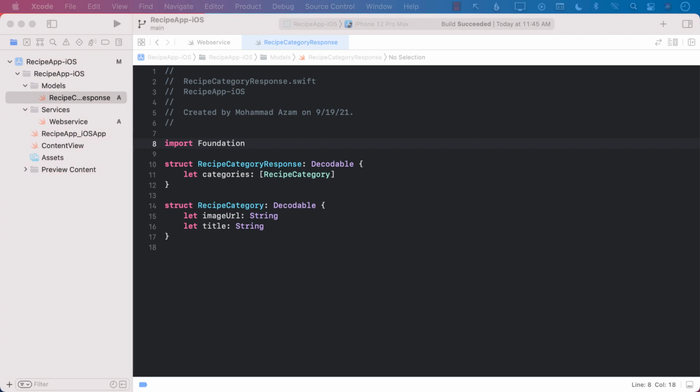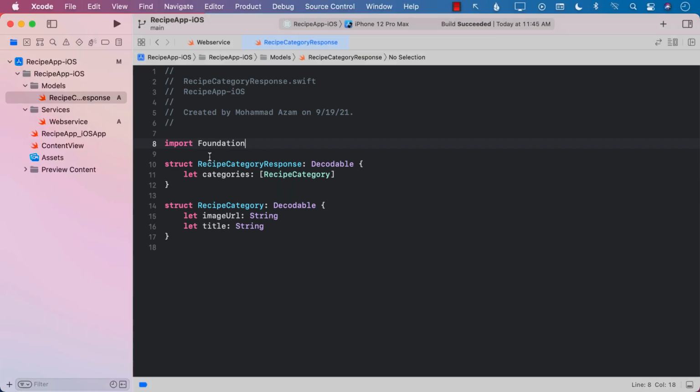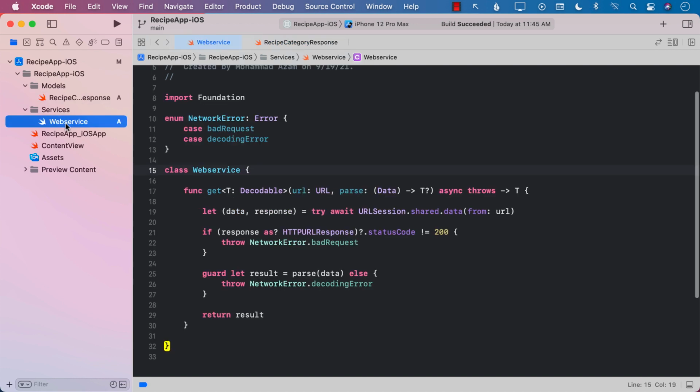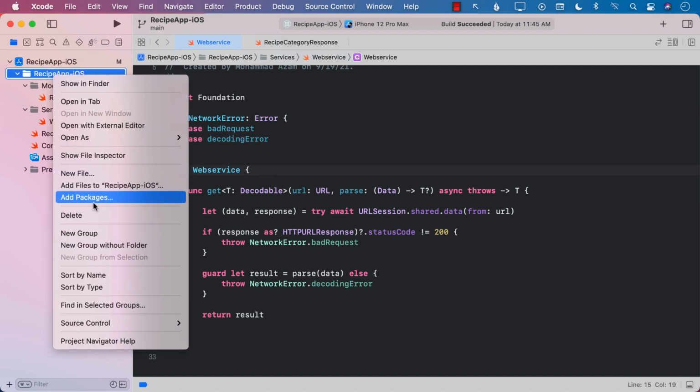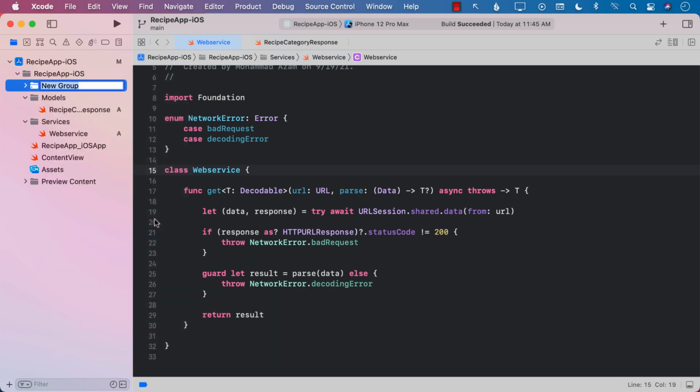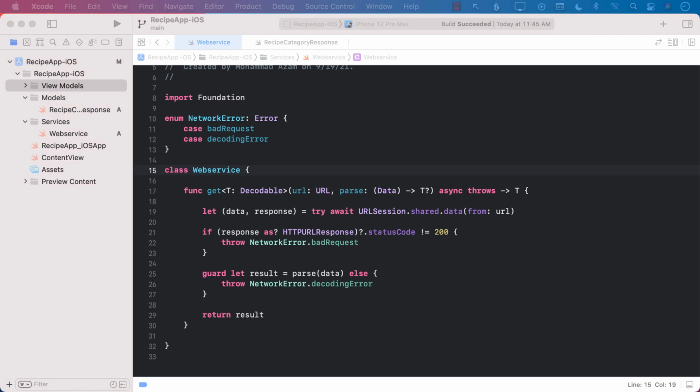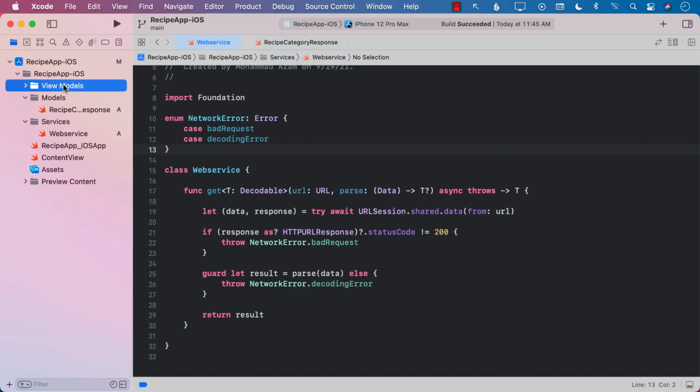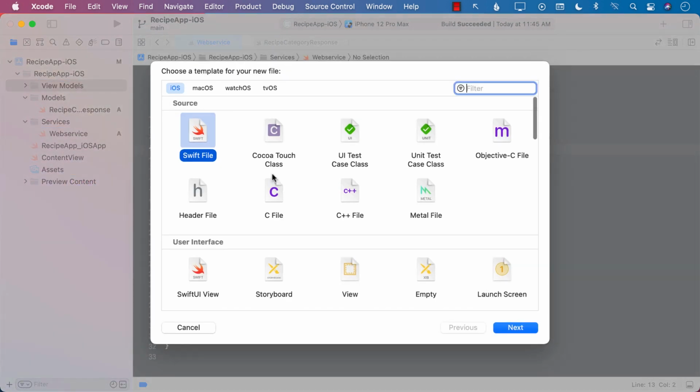Now the question is, we need to create a view model that can utilize the web service and get all the models and then transfer or map them to the view models. So let's go ahead and first create a new group, and I'll call it view models. The particular view model that we are trying to build is the one that represents the entire screen of recipe categories. So I'm just going to go ahead and create a new model,